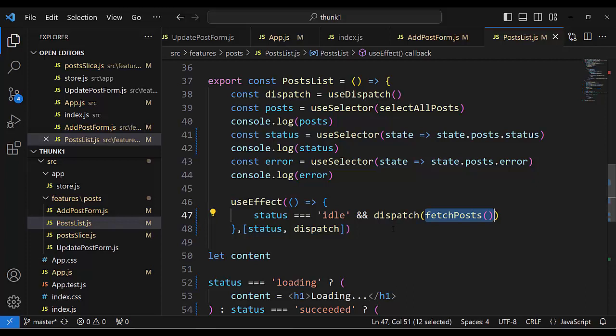We get an array from the remote server, an array with all posts. And after fulfilled, again that action type comes with the full array, posts equal the full array, and the status is succeeded, and error stays like before, null. And that change of state activates